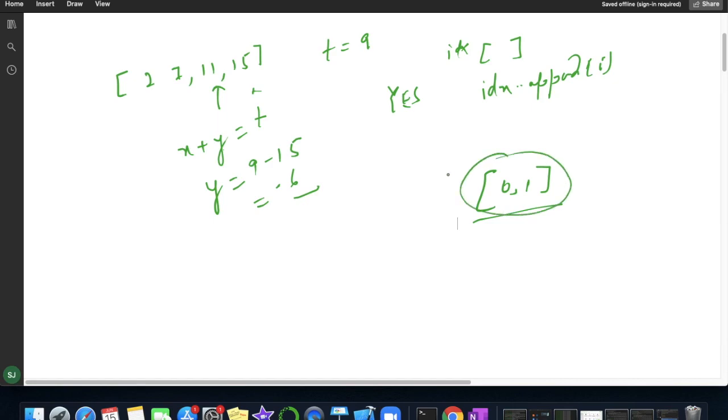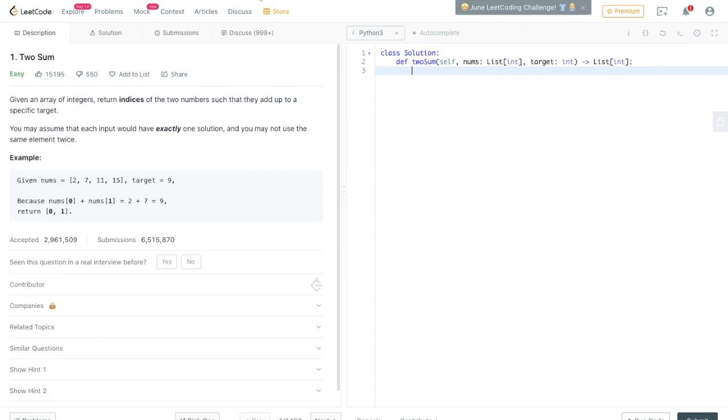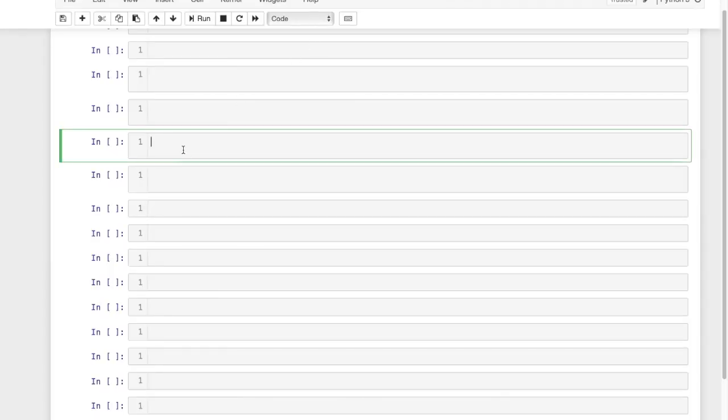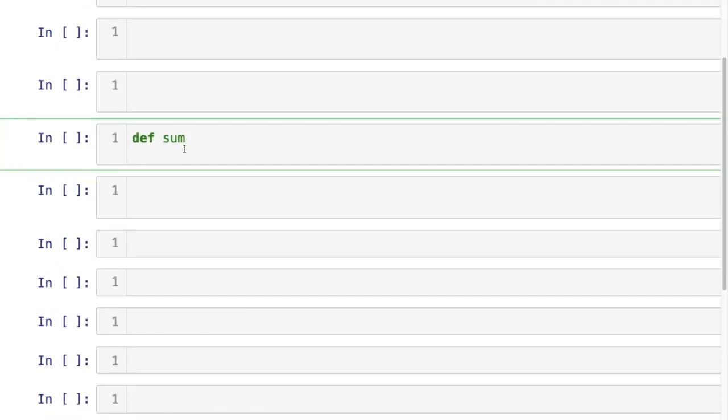Let me write a simple code and explain it line by line. Suppose I have a function sum of 2, let me zoom this one, which accepts two values, num and target, meaning the list and the target.